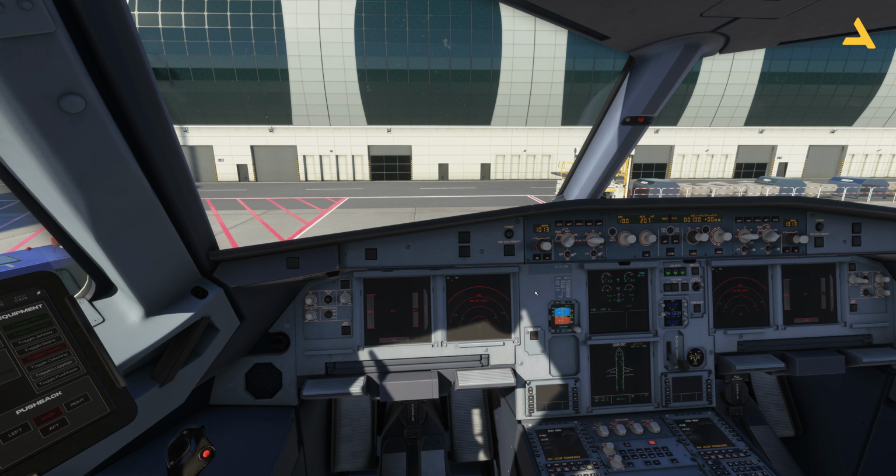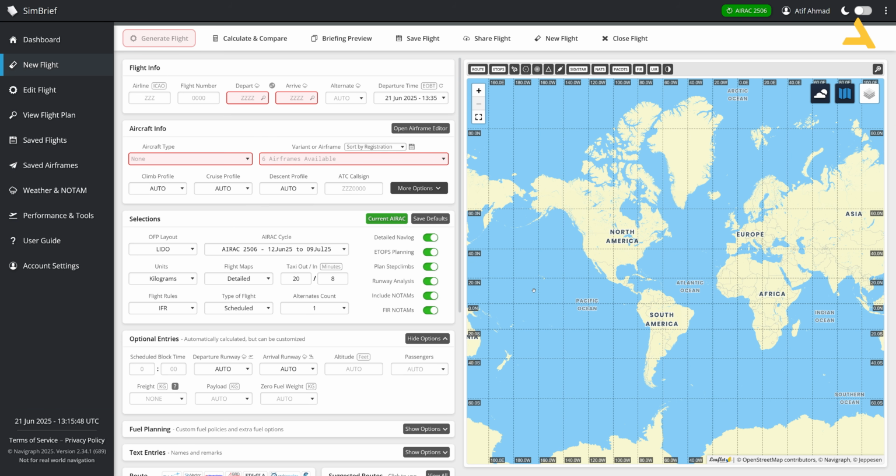This is an iniBuilds plane, and it relies on SimBrief for the flight planning. So you have to make a flight plan in SimBrief, and then you can just come back and configure the EFB and the MCDU. You have to make your login in SimBrief. The address is simbrief.com, and once you have your SimBrief account, you can then make a flight plan by going over here,